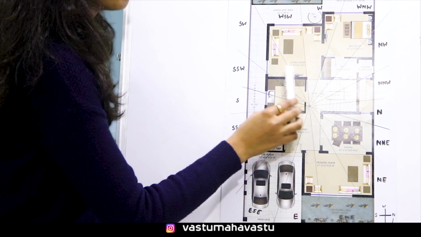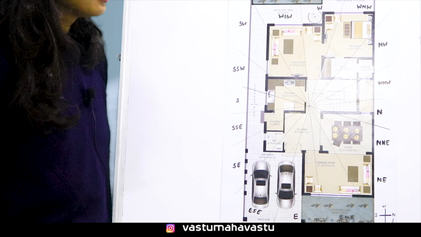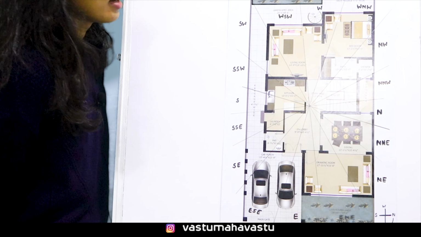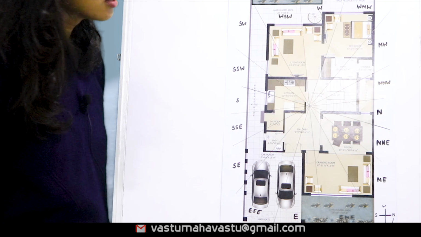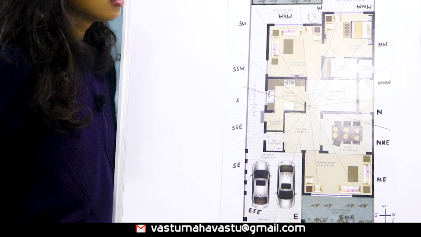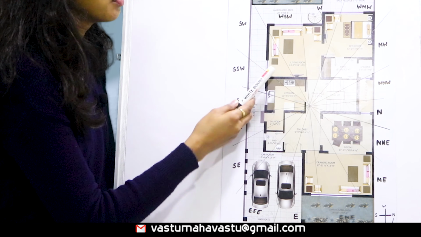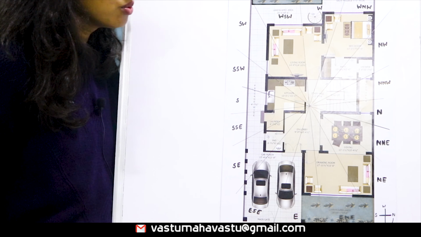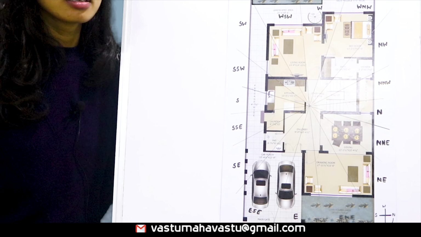Then the living room, again showing the beige color. Beige color can come in the SW, WSW and again the W part. But we need to advise the owner not to use any kind of red family or red color, pink color, light shades of red and pink in the southwest and the west southwest, because if they use this, again a fire element comes up in the west side,